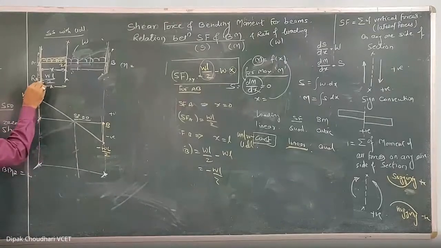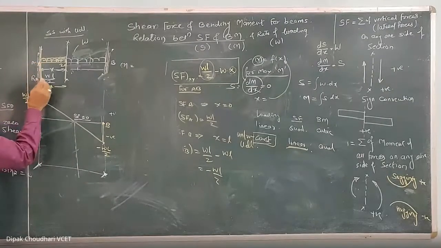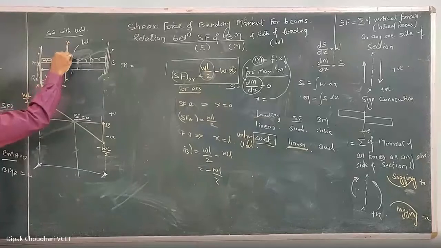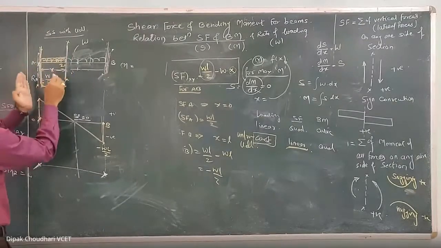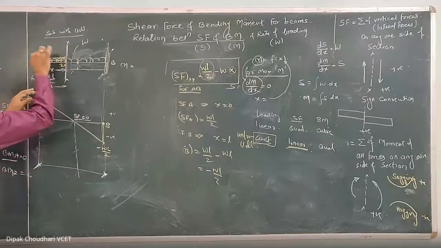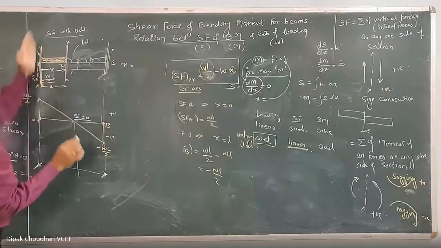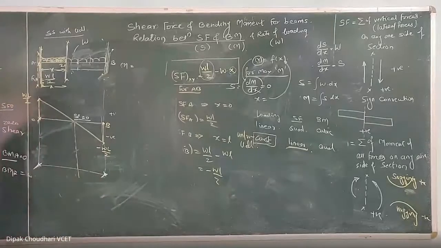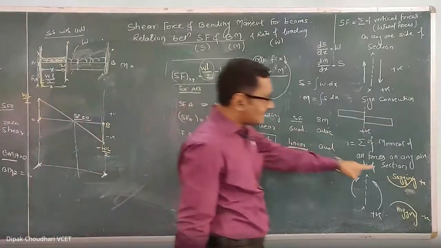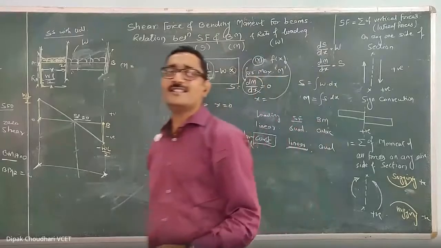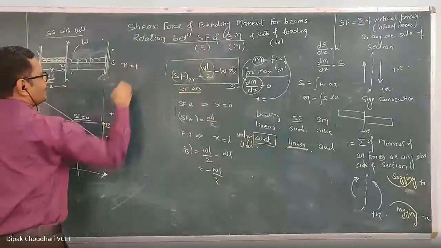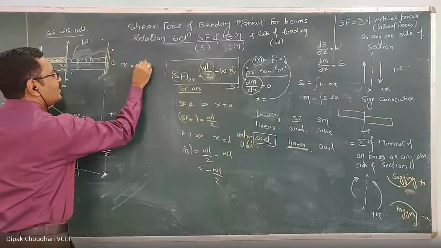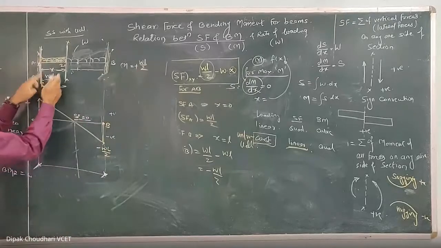Now what is the bending moment produced by this RA? Now this RA is upward. We are taking the section XX. We have to take the moment at this section. So the moment produced by this RA tends to rotate the beam this way. ये moment ये beam को ऐसे rotate करने का try करेगा. मतलब ये moment produce sagging हो गया या hogging हो गया? Is it sagging or hogging? Sagging. So it is positive. Okay, how much is that? WL by 2 is the RA into distance x.